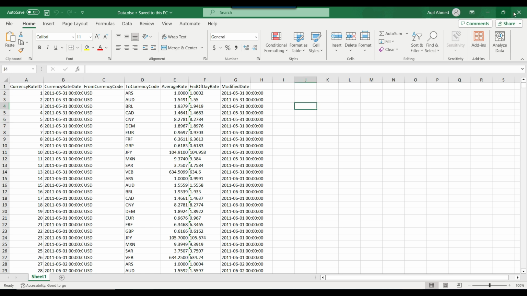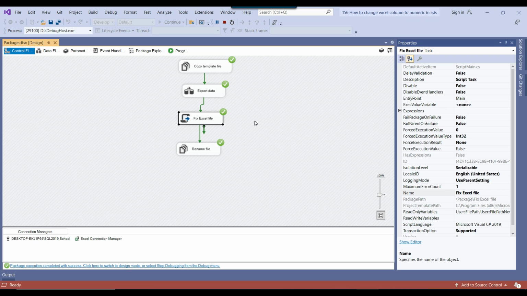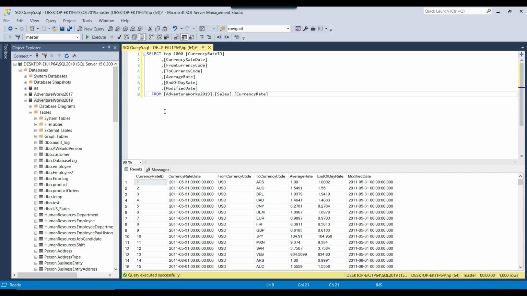Yeah, so I think that's it for today's video. I will share the code that we used to fix the file with you, so that you can use it in your environment as well. If you want to run the code on the same kind of data, then you can restore the AdventureWorks 2019 database to your instance. You can download it from the Microsoft site, just Google it, or I will share the link on how you can download and restore this database, and then you can do the thing on the same kind of columns. And if you have your own data set, then you can do the same thing on your own data set as well, because this will work for any kind of data set.